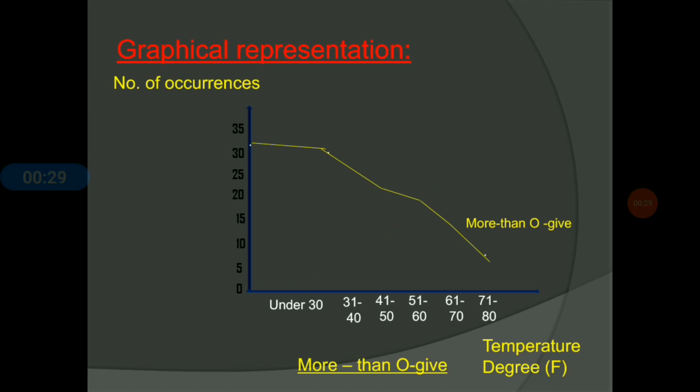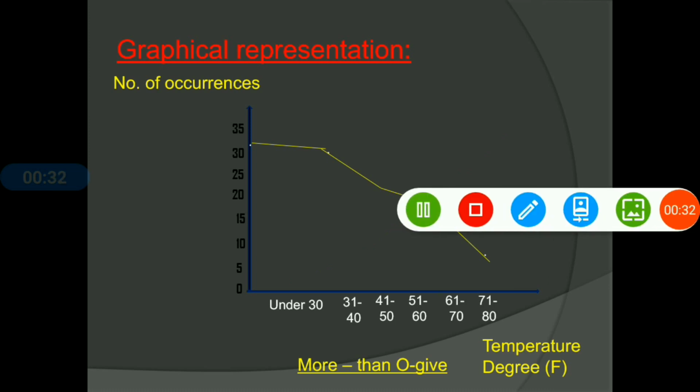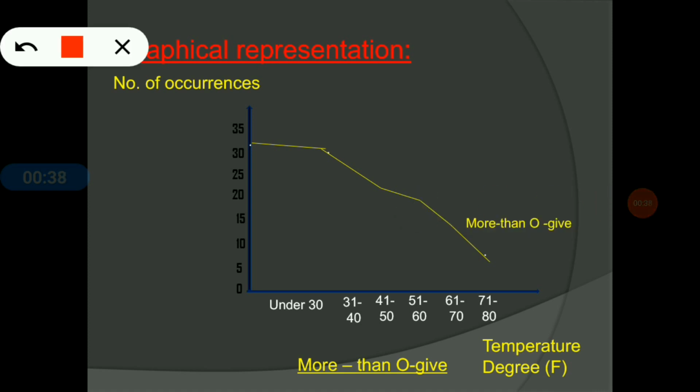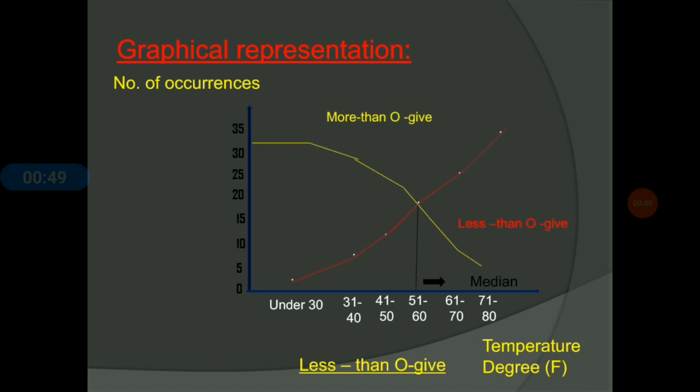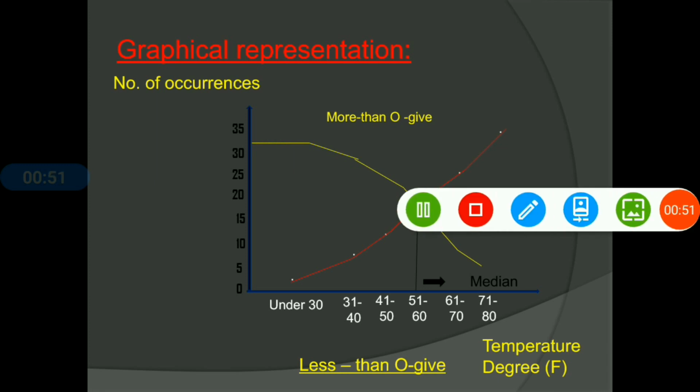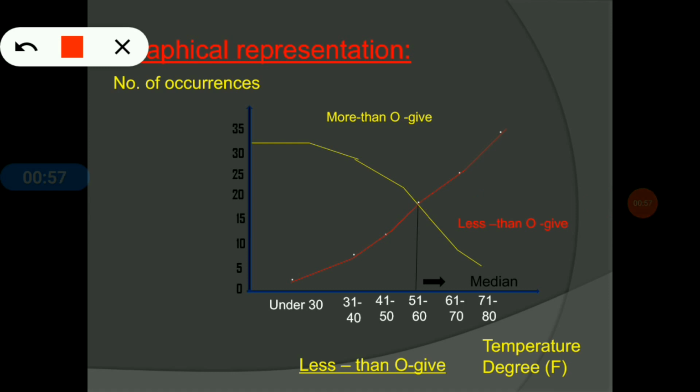So here more than cumulative frequencies are plotted in the graph, and we get the more than ogive curve like this. Clear? I think this is clear to everyone. So now move on to the next slide, when both less than cumulative frequency and more than cumulative frequency are plotted in the same graph, which is shown like this. Okay, so when we draw a line from the intersection point, that is A,